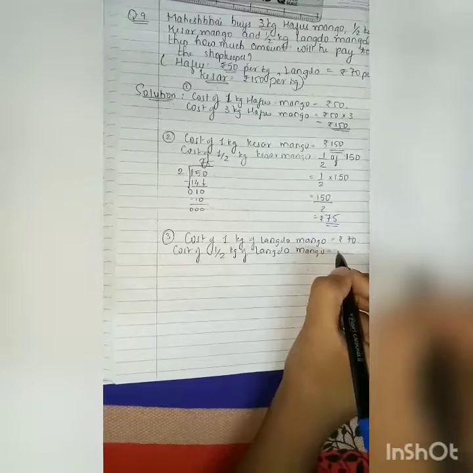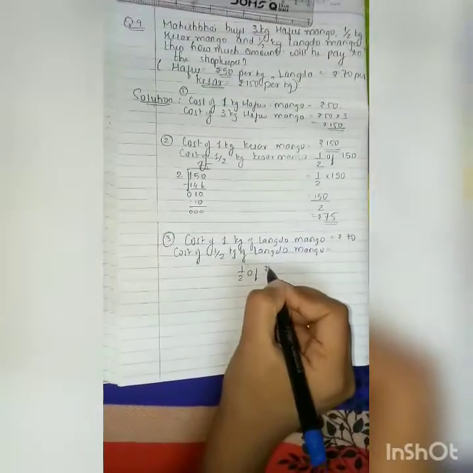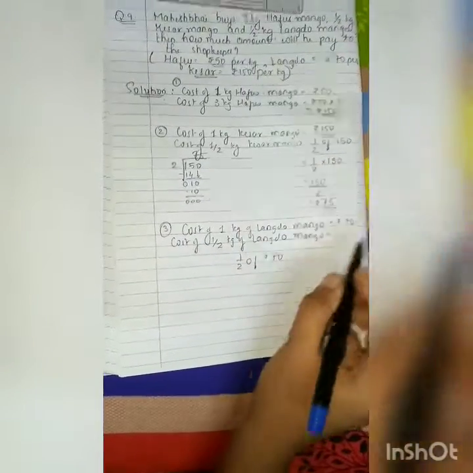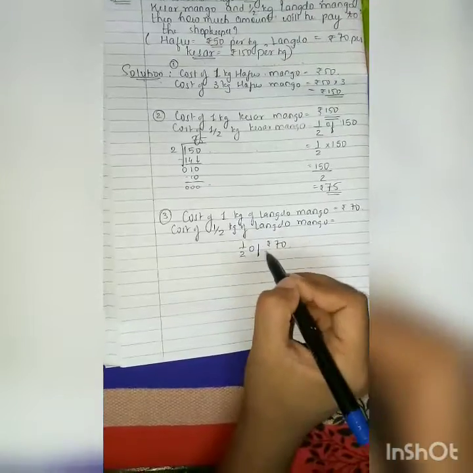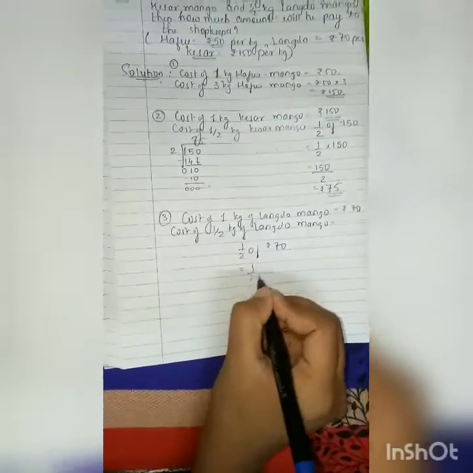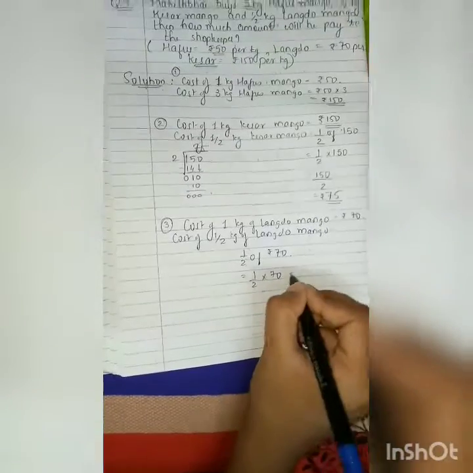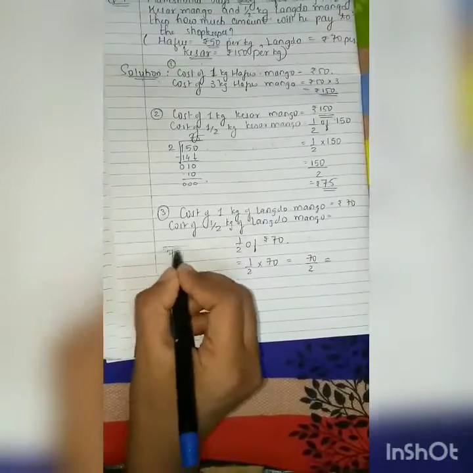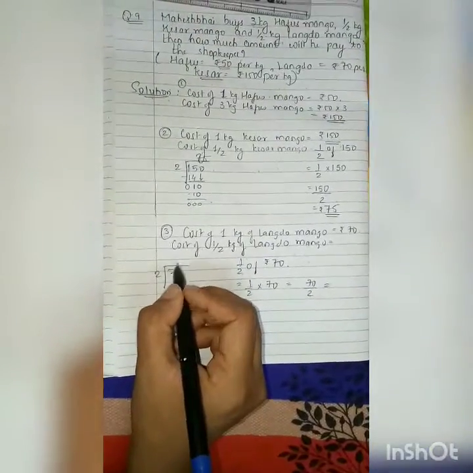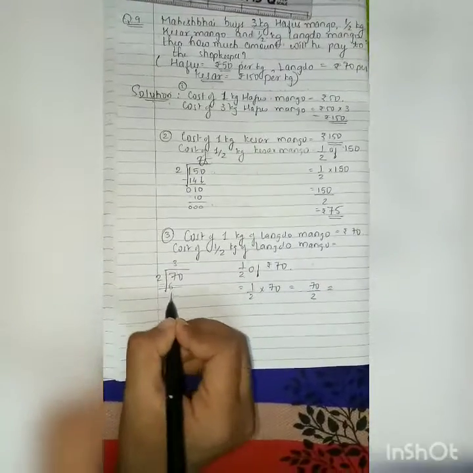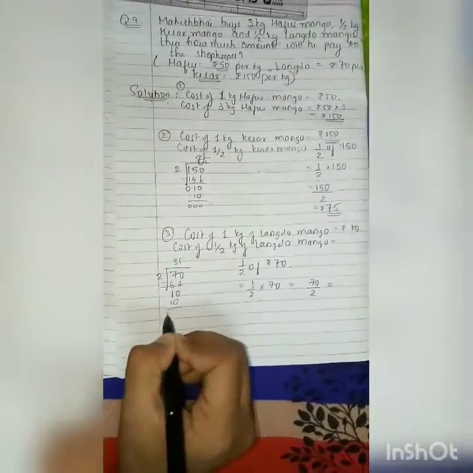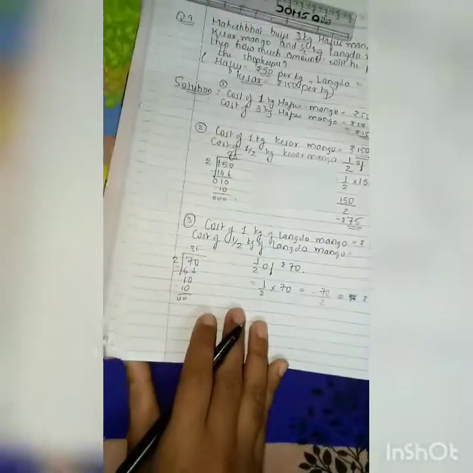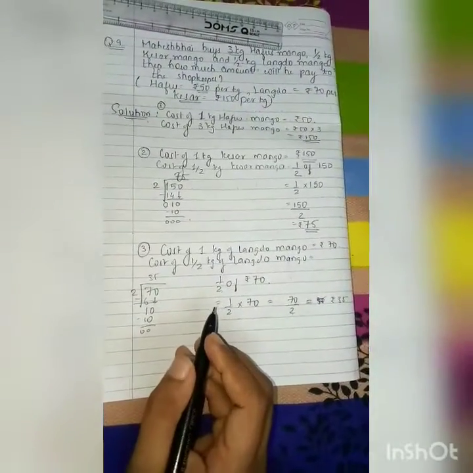Okay. So cost of half kg of Langdo mango is equals to, we have to do, okay, half of rupees 70. Now here 70 and 150, do not get confused. 150 is the total of Kesar and 70 is the total of this. So half of 70 you have to find. So 1/2 into 70 is equals to 70 into 1 will be 70/2. Okay. So when you will divide 70 divide by 2, so 2 3s are 6. So here will be 1, then 0. So 5s are 10. So 0 0. So what will be 35 rupees? Rupees 35. Okay, so he is giving rupees 35 for the Langdo mango.